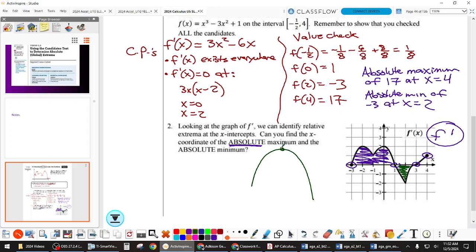So the y value is growing if our slope is positive. So this is a bunch of accumulated positive change, okay? So x equals 1 is a candidate for an absolute maximum, because we have accumulated all this positive